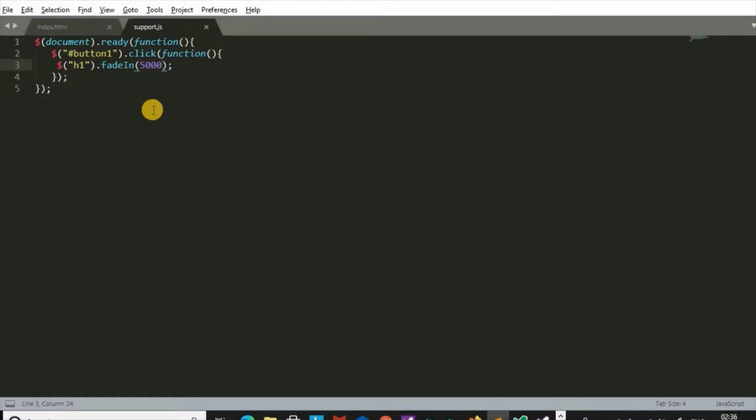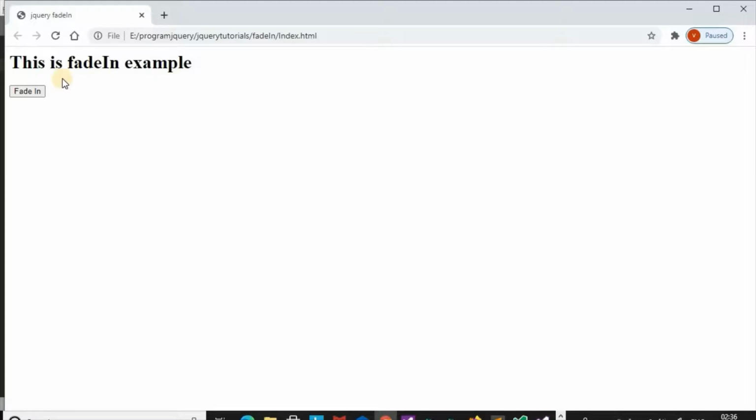We can also give timing in numbers. The effect will happen in 5 seconds. The effect is taking 5 seconds.